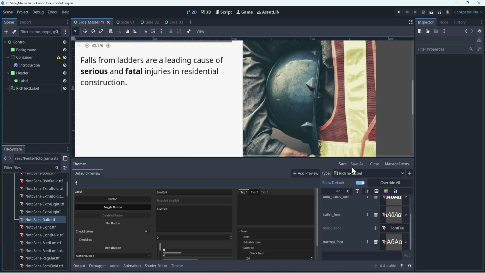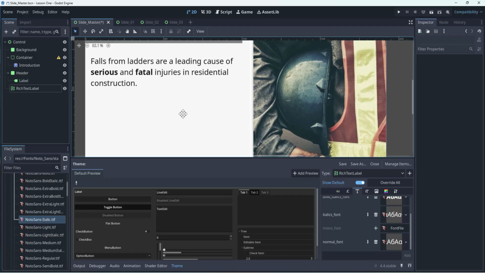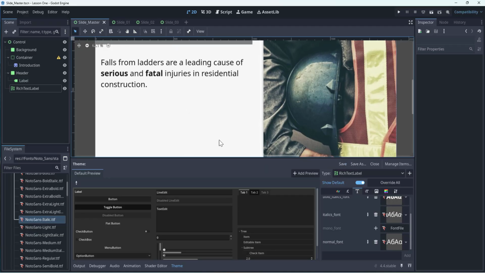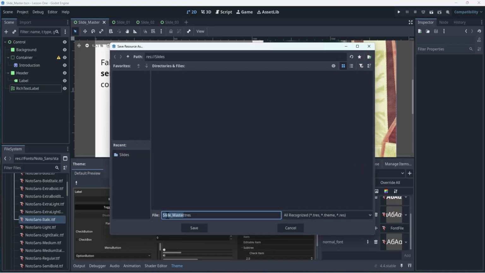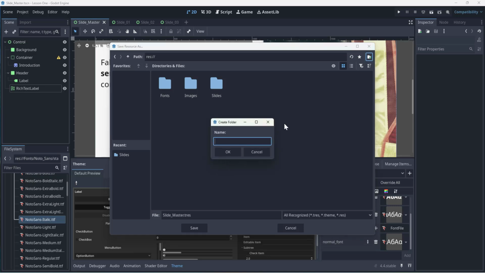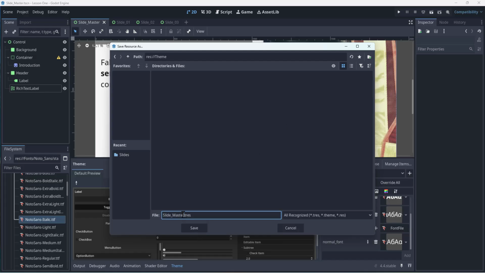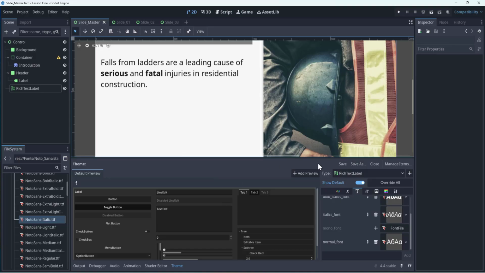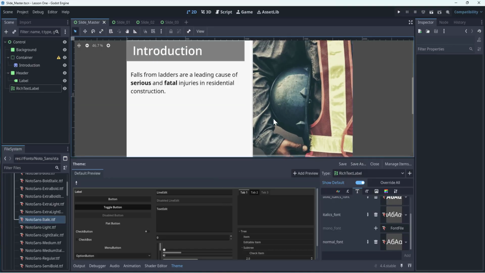Let me see. Now that we've made changes, let's go ahead and save this theme. Let's click on save, or save as, because we want to create a new theme. And we are going to go to the main folder here, click a new folder, create one. I'm going to put theme in there, and I'm going to say my theme. All right. And now that it's there,